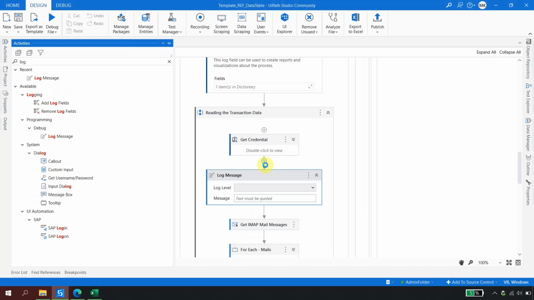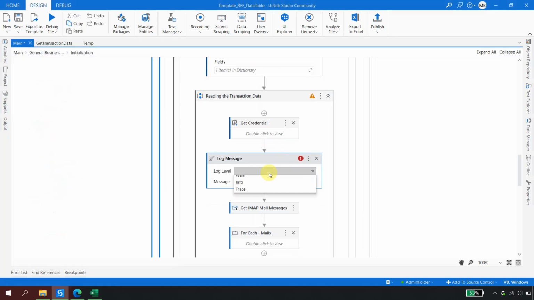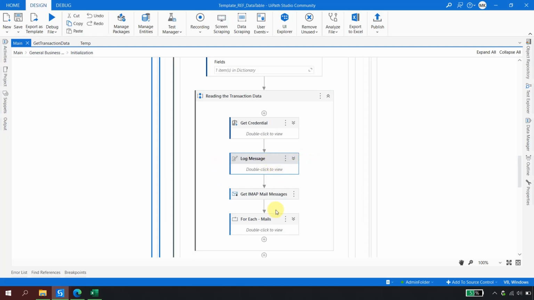This will help me to get the information. I'll say this is an info level log, and I would say that the credentials were fetched successfully. Okay, the credential fetch was successful. That will give me a log message here, and in here I want to write